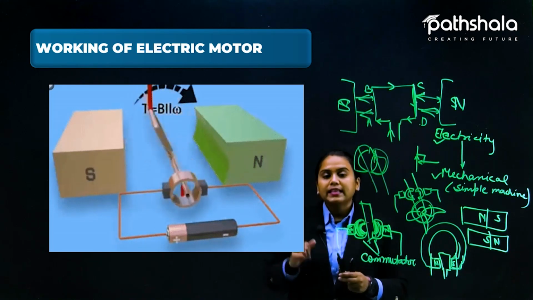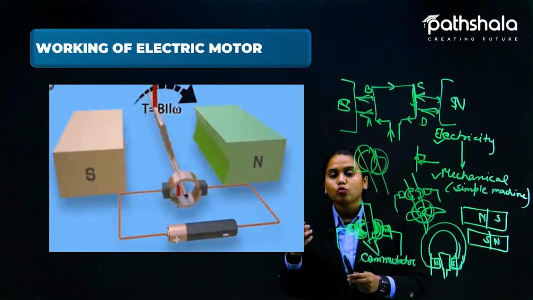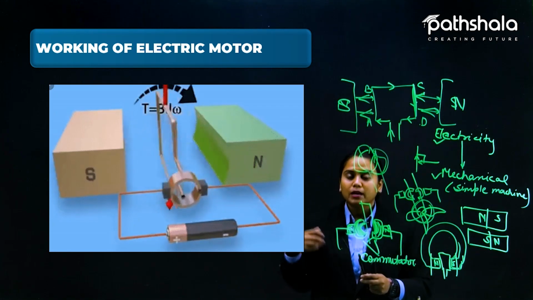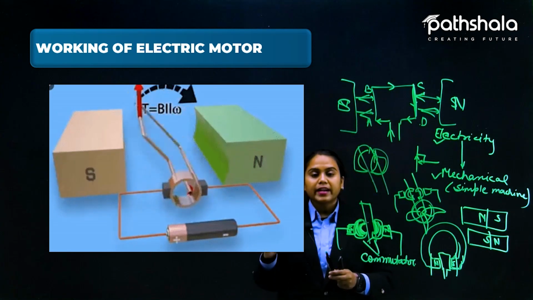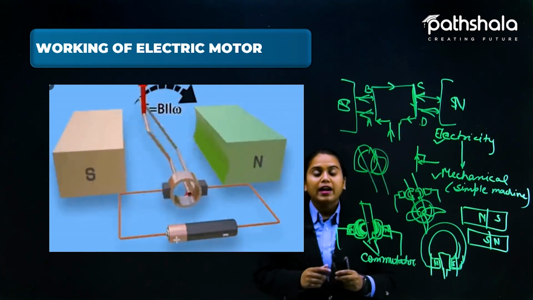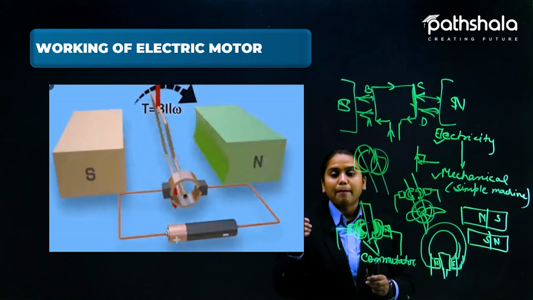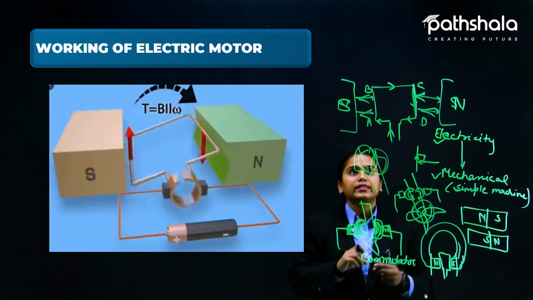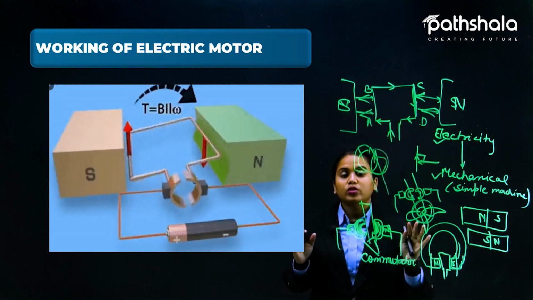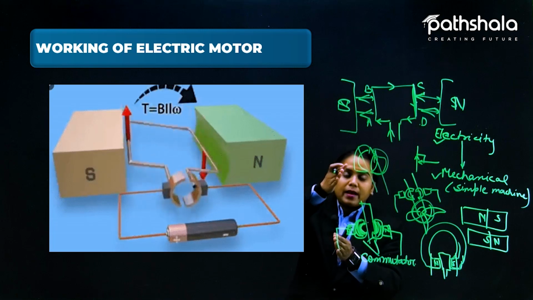So this is the basic thing that you can learn, and you can observe how this motor works. The coil is between the north and south pole of the magnet, and the magnetic field produced in this coil is going to generate a certain force that we can find with the help of Fleming's left hand rule. And now see what is happening here with these coils. In the first case, as we know, it is lying in between the magnetic field, so the maximum number of flux lines are cutting through it. But when it is going to be in this manner, okay,